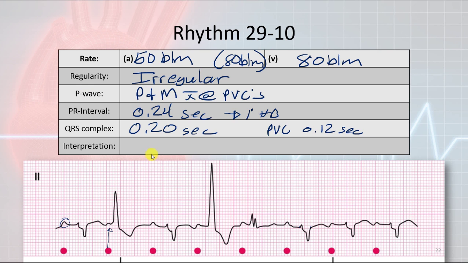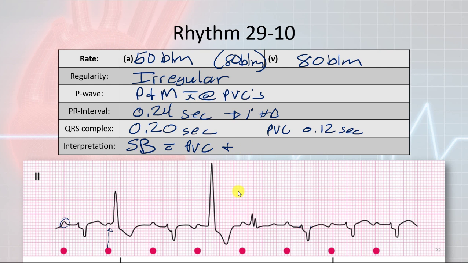What would be my underlying rhythm? My underlying rhythm would be a sinus bradycardia, or if you could identify all of the sinus beats, all the P waves in there, then you could call it a sinus rhythm, but you need to identify them. Sinus brady with a PVC,